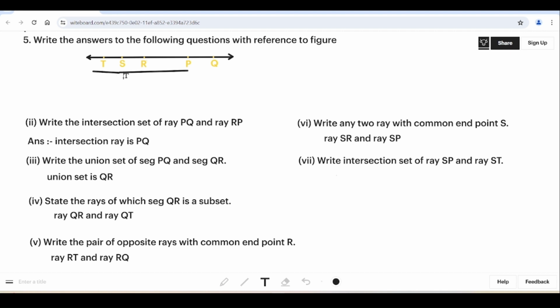And the next ray is S towards T. Those are opposite rays. So they do not have an intersection along a length, but as their endpoints are the same, meaning point S, their intersection set is S, because they have one common point. Intersection set is